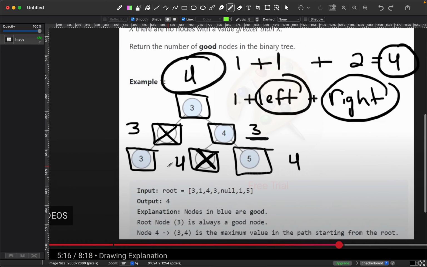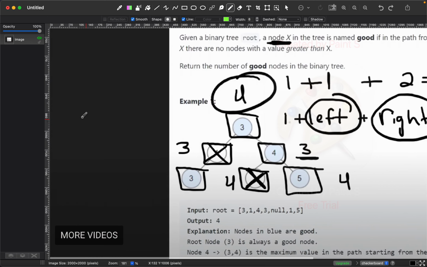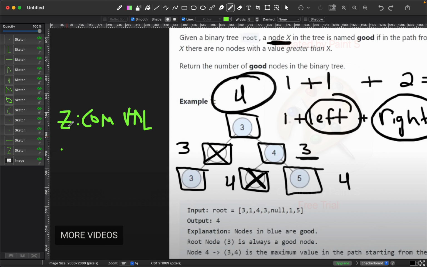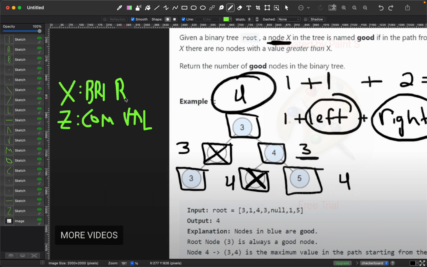And right now you do operation z, where you start comparing the value. Before you compare the value, of course, you bring down the root value downwards. Therefore you see 3 over here, and you start to compare